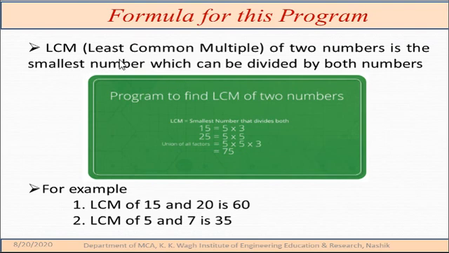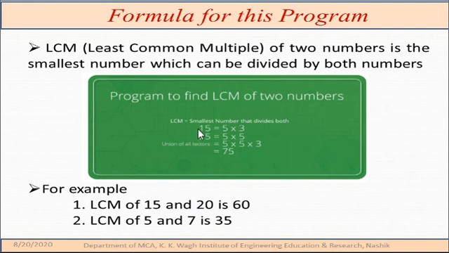Similarly, we have to implement the LCM concept by using the mathematical formulas for the two numbers. The LCM is the smallest number which can be divided by both numbers. Again, for the smallest number that is divisible by both numbers, we can find it for 15 and 25. Again, we find the factors for each number, and for the common factors we have to apply the union on those factors. By applying the union on the factors, we get the output that we call the LCM.